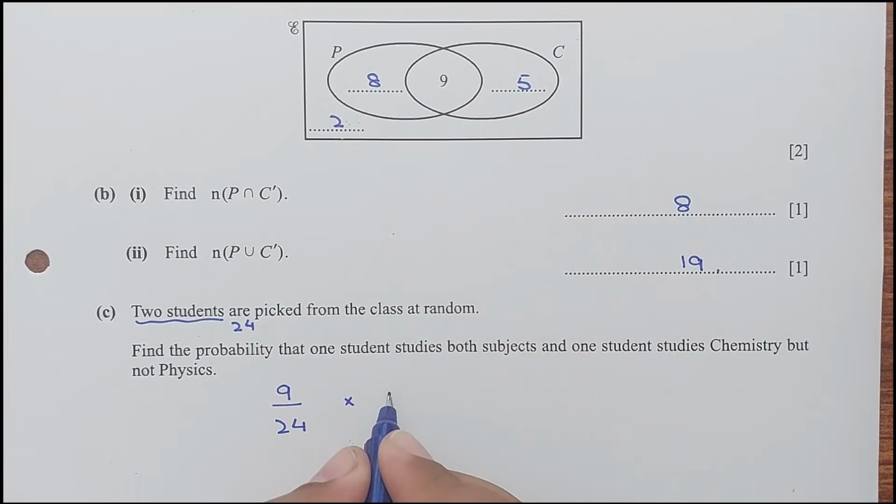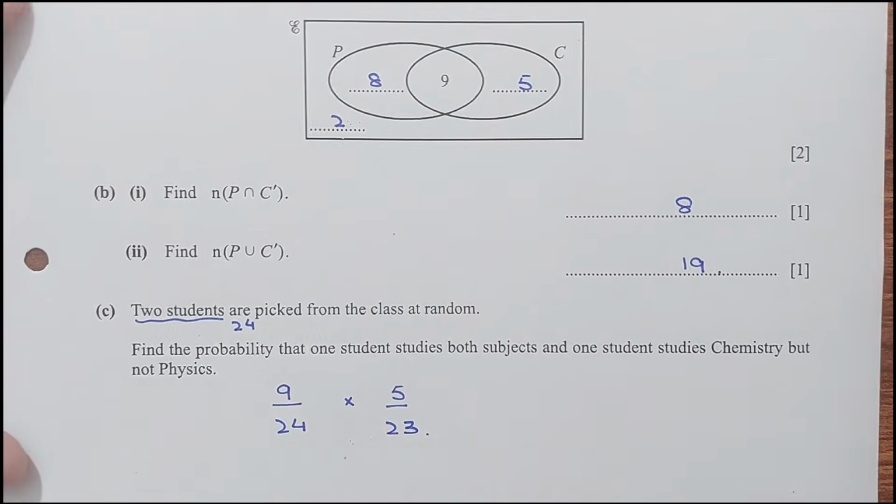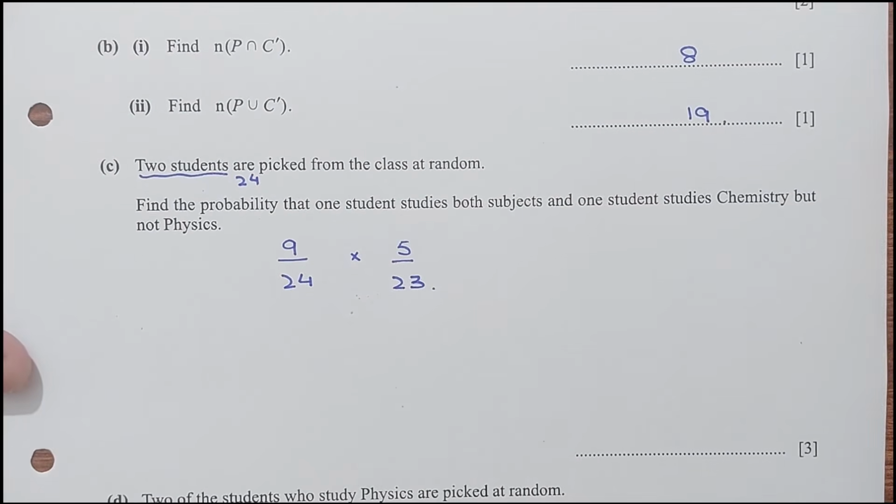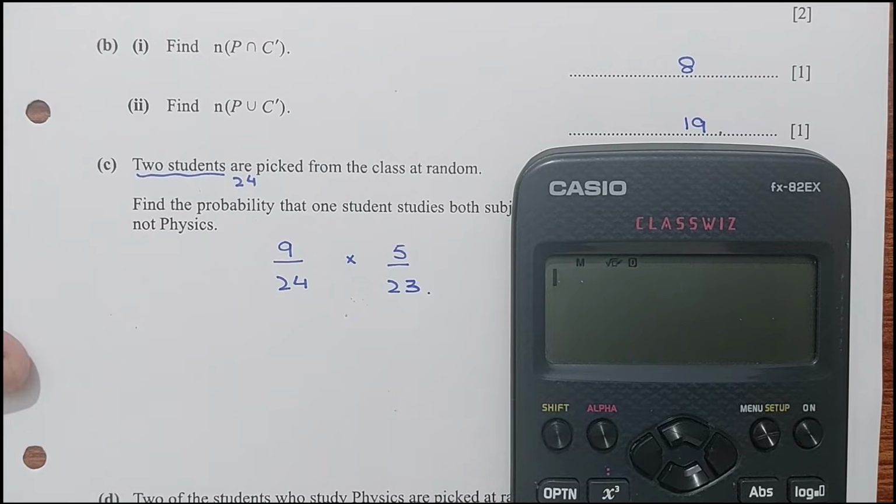So this is 5 out of the total left, which is 23. Now let me simplify. So we have 9 out of 24 times 5 out of 23, 15 over,